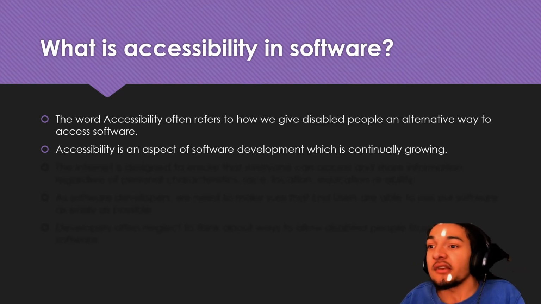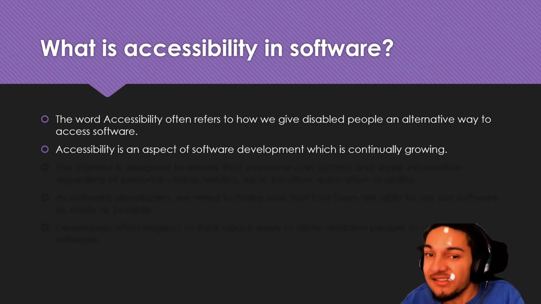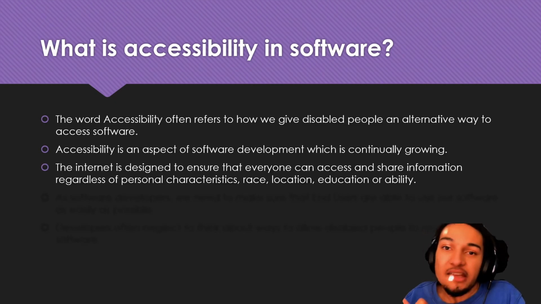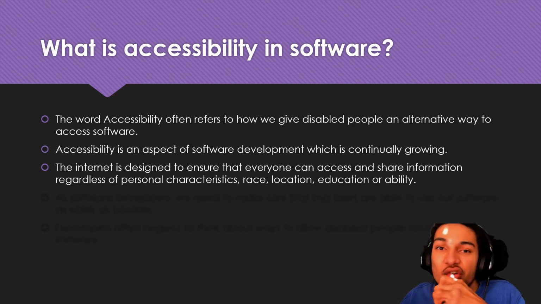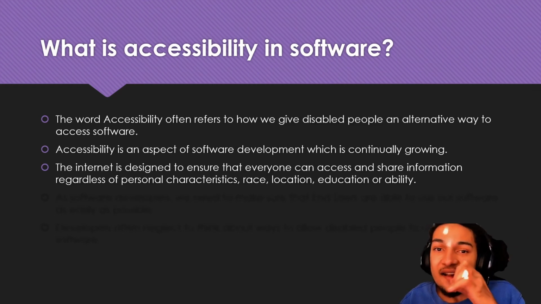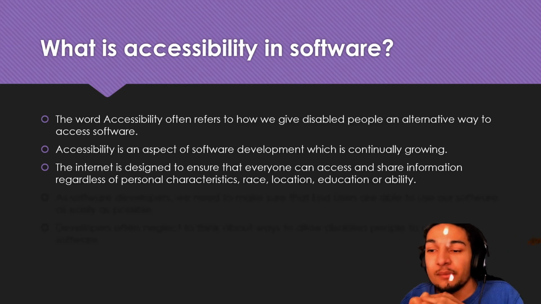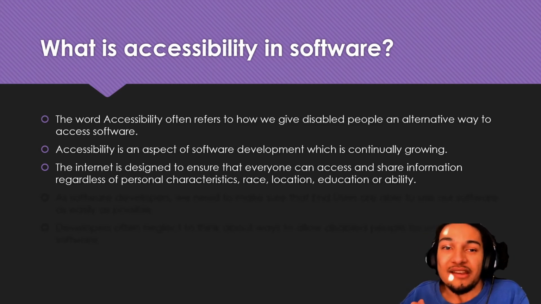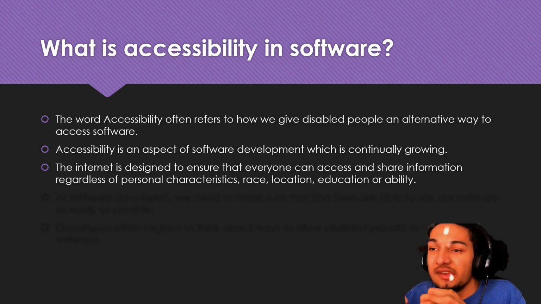So it's continually developing, continually changing, and so accessibility has to keep up with that, with the new designs and that sort of thing. The internet by nature is designed to ensure that everyone can have access. Everyone's able to use it to communicate or to share information, regardless of personal characteristics, race, religion, age, gender, whatever. The internet is designed to integrate people. And so that means that, if it's meant to help and connect everyone, we need to think about everyone.